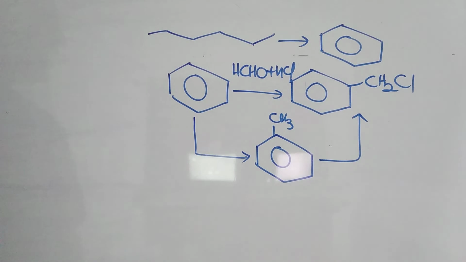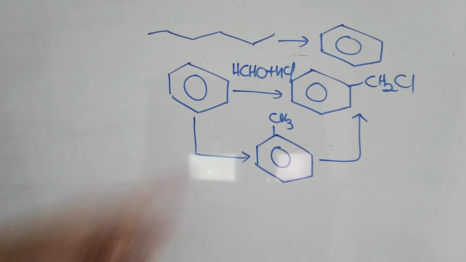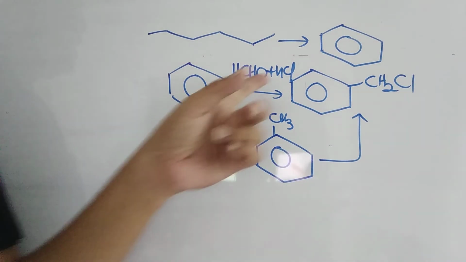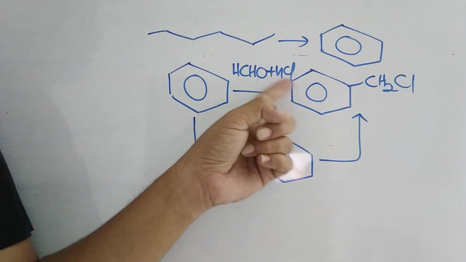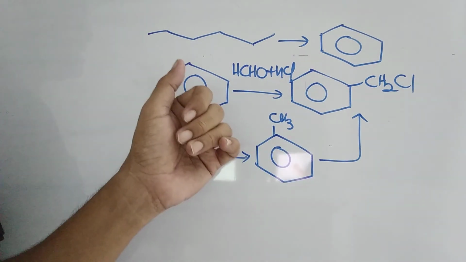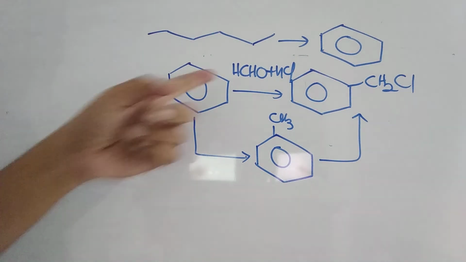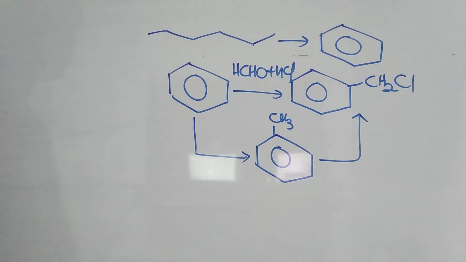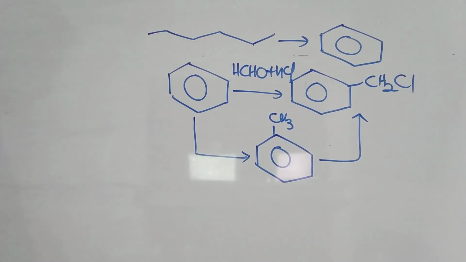In the presence of anhydrous AlCl3, you will be using chlorine in the presence of light. Here, chlorine in the presence of light. Here, from HCl you don't get any kind of Cl plus. Now if you want to get Cl plus, you need to use Cl2. Here HCHO and HCl means you will get CH2Cl where carbon has a plus charge and that is going to be added. Good one.